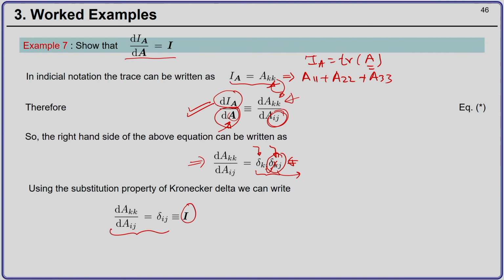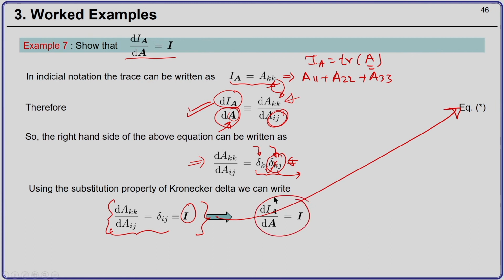So, if we substitute this relation in this equation star over here, we get the derivative of the first invariant of a second order tensor with respect to the tensor itself as the second order identity tensor. That is a very useful relation which will be used later when we are discussing